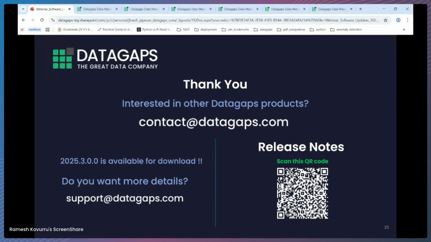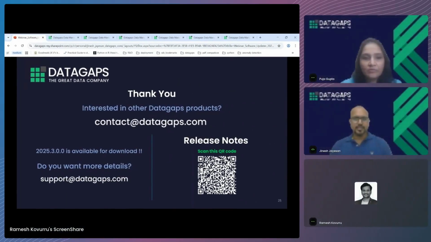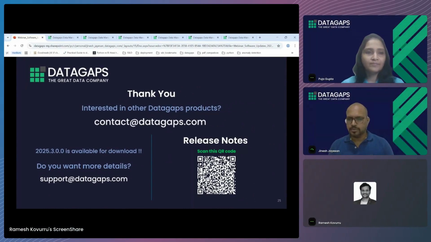Yeah, Puja, I can take up that question. Whenever we have to work along with Git, one option is to create the test cases and the pipelines in the DataOps Suite. You can push it to the remote branch and pull it to another container, in the same way as another DataOps Suite version. And similarly, if I have a fresh container and I want to start pulling from another branch,